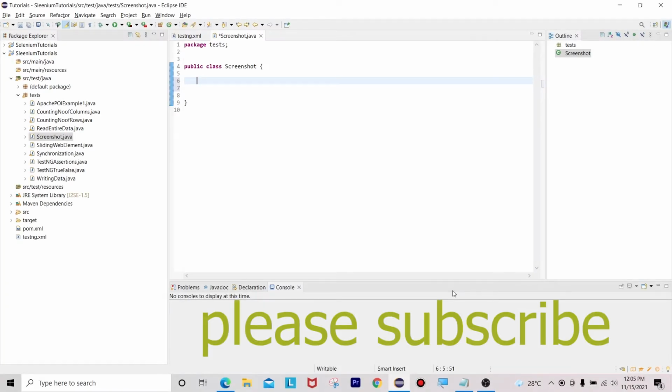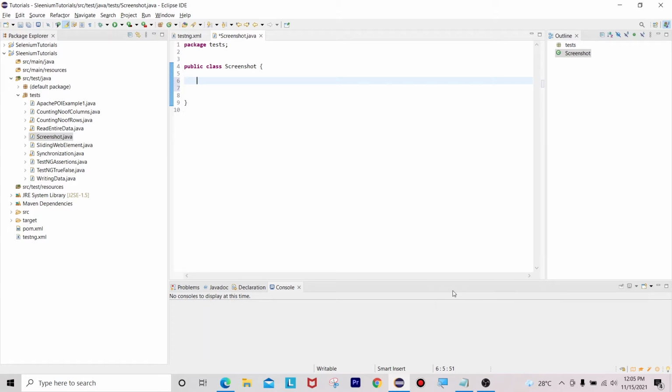In this tutorial I am going to discuss how to take a screenshot in Selenium automation, why a screenshot is required in automation testing, and also how we can reuse this screenshot method in our different classes